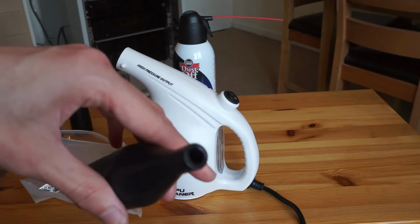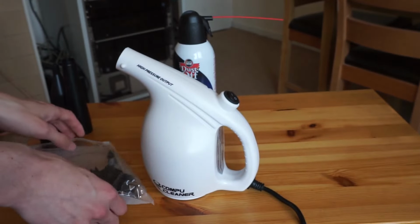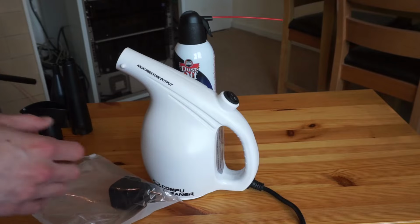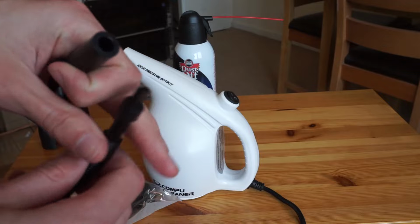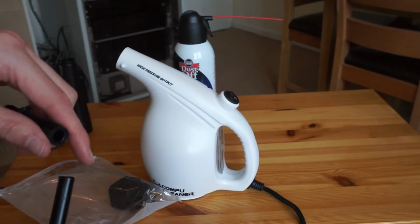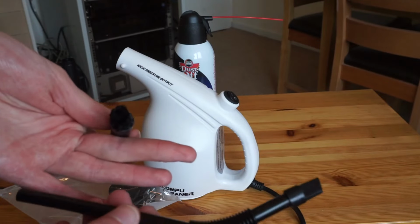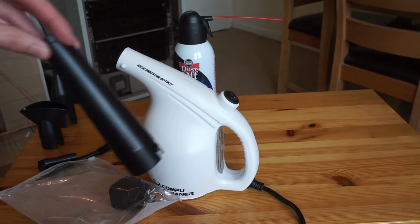This much finer one is for really fine stuff. This is a really high pressure jet. And it's then got this sort of straw attachment, which is designed so you can get it into harder to reach areas, and then this little brush thing that also attaches. These ones aren't particularly useful for me, I don't really have a need for them. I just tend to use a big one if I'm working on a PC, but it comes with them if